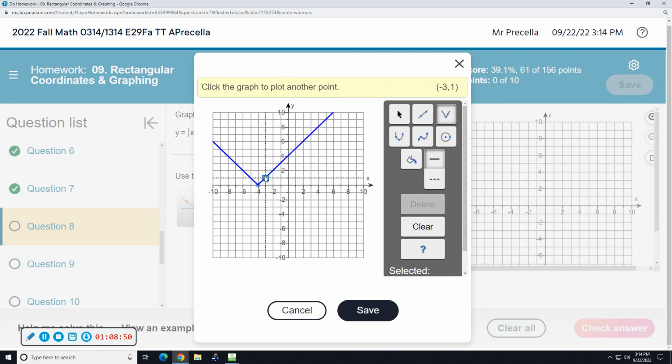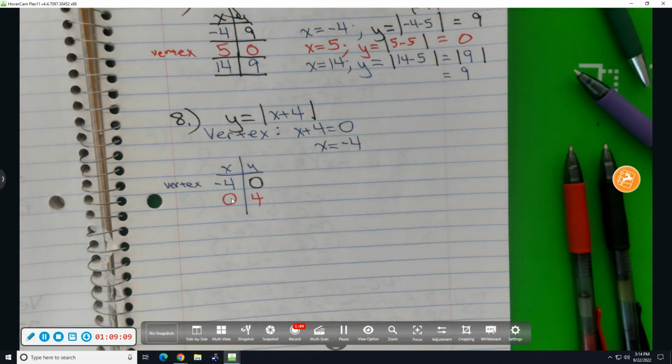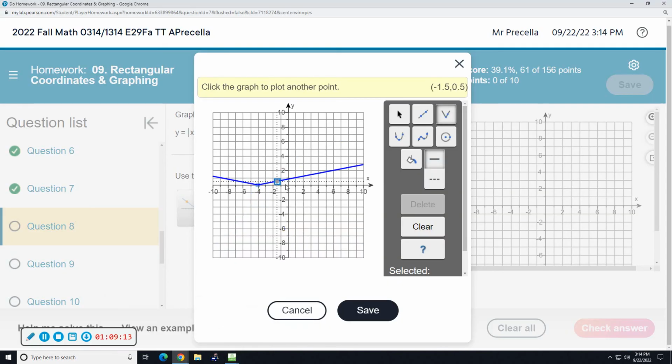Click it. And then just moving around your mouse, you're looking at every absolute value graph you could possibly have with a vertex at negative 4, 0. So the secondary point that we got, what was the second point we got? 0, 4. 0, 4. So we come over here, left, right, 0, up, 4,